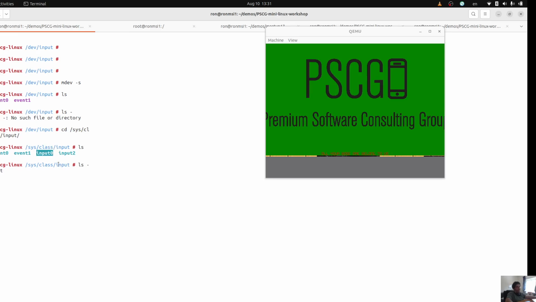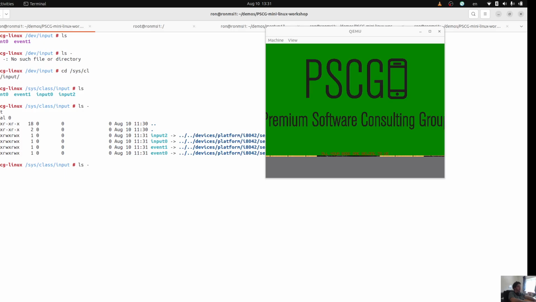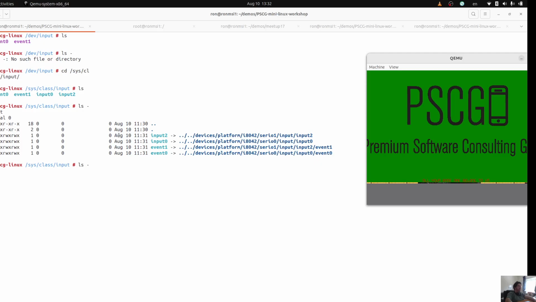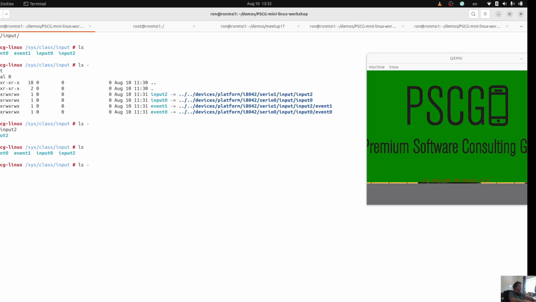Before we only had input0. So we have a skip of event here. The reason is interesting, but not for now. What we can see is that input2 points there. So let's go here. And each one of these inputs has, under the folder, an event that it points to. So if we go to input2,